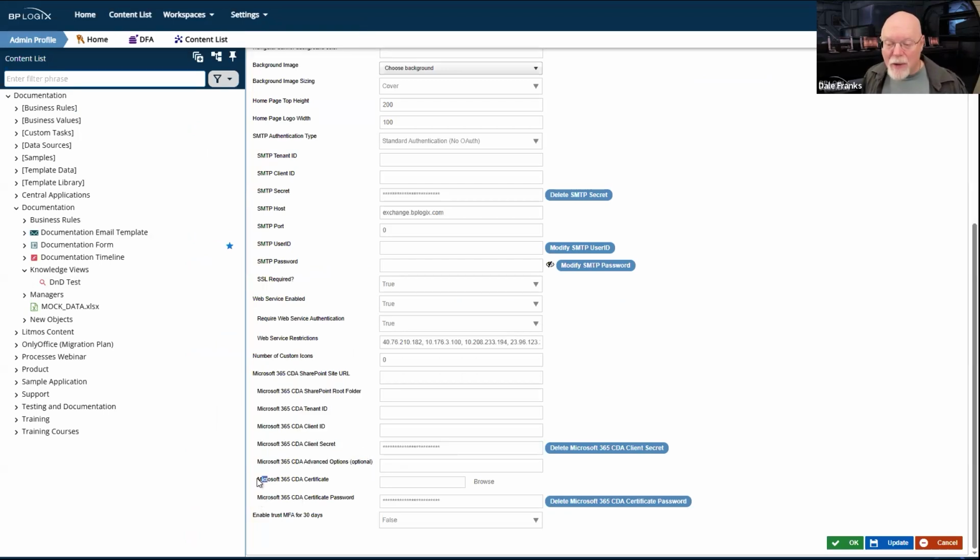We've had to add the ability to upload and use a Microsoft 365 certificate to be able to properly encrypt and decrypt document attachments that you're going to upload into your process and then store in your Microsoft 365 system so that people can then use Microsoft 365 to perform the collaborative document markup.